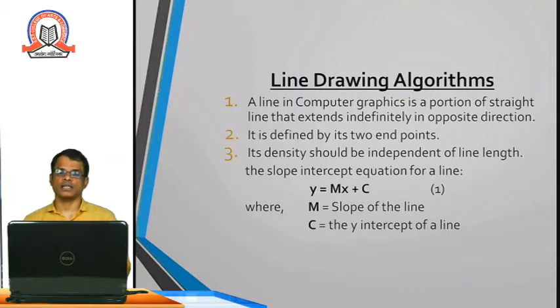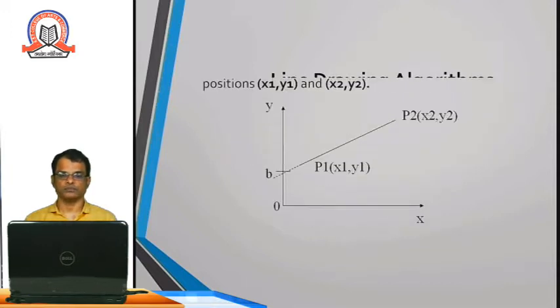First we have to understand what a line equation is. Here, we are using the line equation y is equal to mx plus c. What is m over here? The m is called the slope of the line and c is the y-intercept of the line. What this slope and this y-intercept are, we will see in detail.